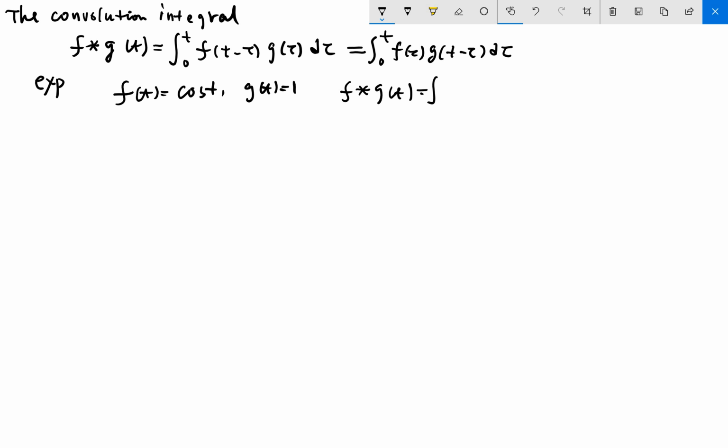By definition, the integral from 0 to t of f(t minus tau). So it's a cosine, replace your t by t minus tau, then times g of tau. g(t) equals 1, so it doesn't matter what it is, g(tau) also equals 1. So d tau. You integrate this one, and you are going to find this gives you